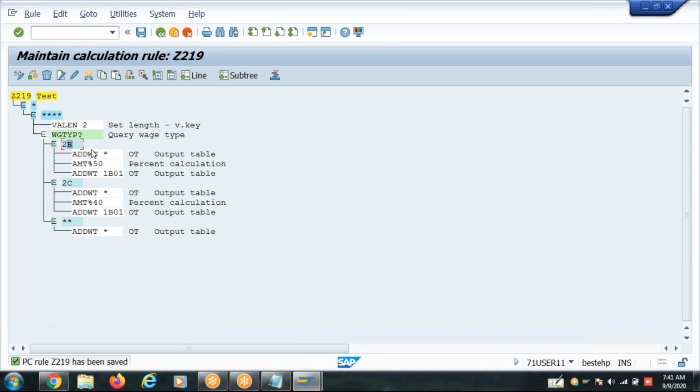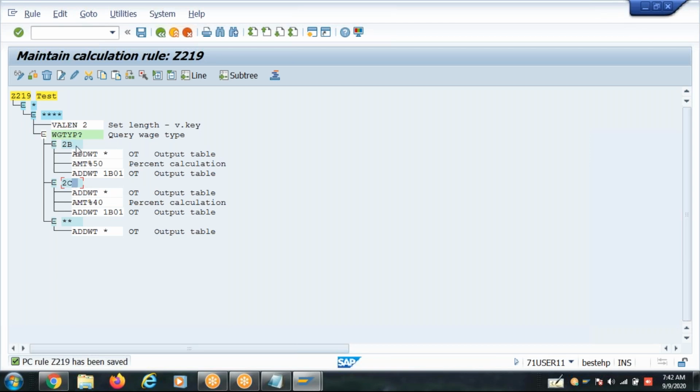Second drawback. If you are creating a new waste type, then you need to take care of this PCR. Suppose by any chance you create that new waste type with the 2B series, it goes here. If you create it with the 2C series, it goes here. The client may not require this calculation for the new waste type. But you didn't follow the naming and you created some waste types with the 2B series, some with the 2C series, and those are executed here.